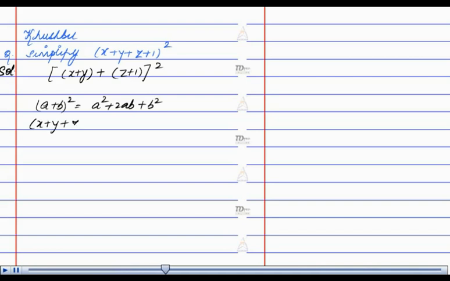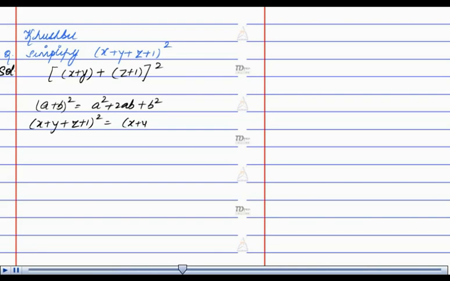Hello, I am Khushbu. The question is, simplify (x plus y plus z plus 1) whole square. Clubbing up x and y and z and 1, we get the expression as ((x plus y) plus (z plus 1)) whole square. Now, using the formula (a plus b) whole square equal to a square plus 2ab plus b square, we get the expression as